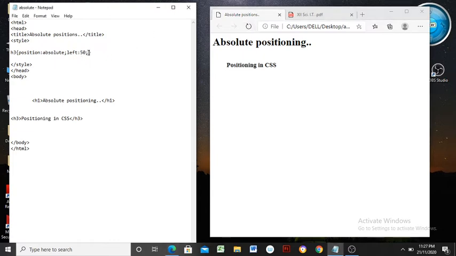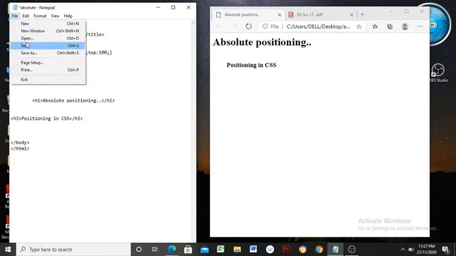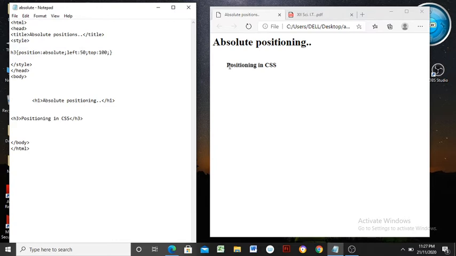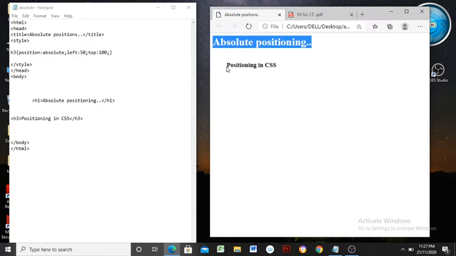Also you can apply a top margin, top 100 pixels. So save here again. Now this line will be displayed, as an effect of the style or selector with its respective property, a few lines lower, leaving a space of 100 pixels.